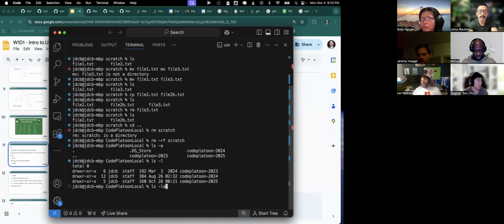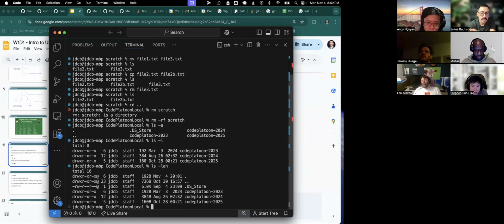Let's see it in action. Permissions? Not permissions. File size? Sorry, what was that? Is it file size? That's the only thing I see that really changed here. Yeah, you're on the right path. It essentially is, in this case. But what it stands for is human readable. And so maybe in a different folder, it might show us a different thing. But yes, it will slightly alter the results, what you see. And that's just another kind of argument that can be passed into commands, things that will change the appearance of